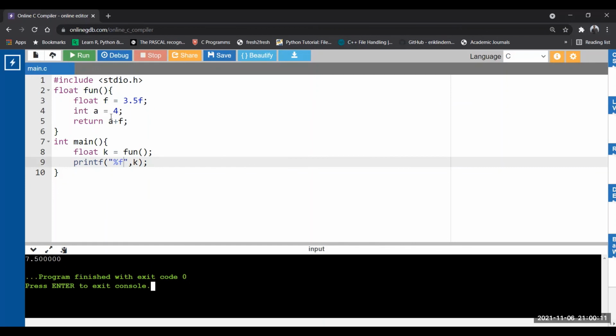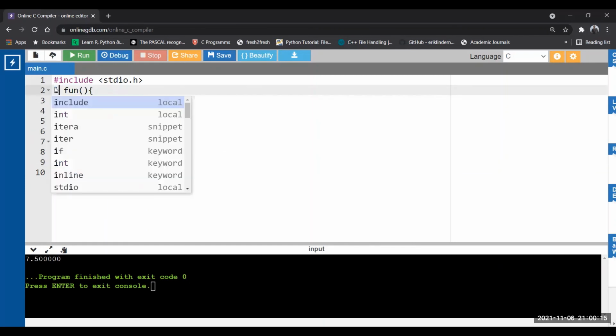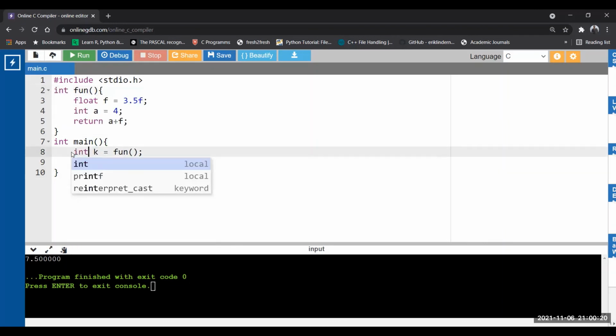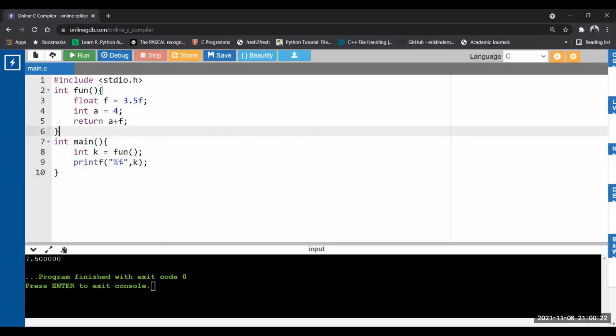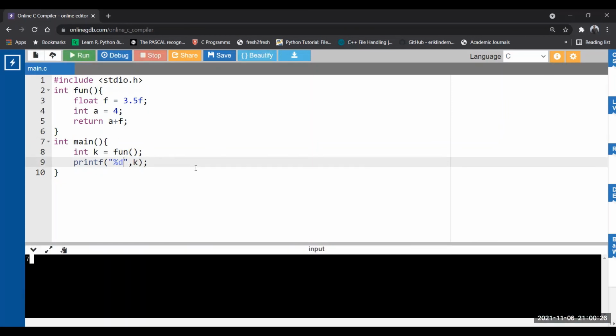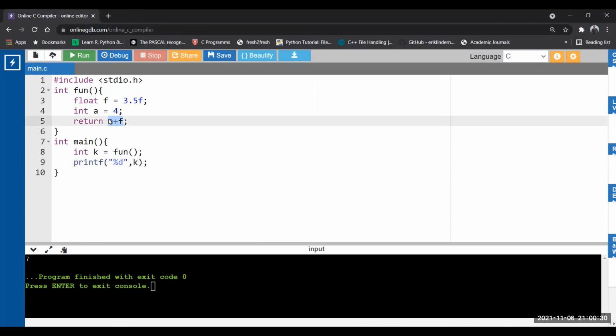Now let's see, the type of the expression is float, but I am returning integer. What will happen now? Let's see whether typecasting will be there or not. Run. Yes, the expression value is float 7.5, but the return type is integer. So type mismatch.